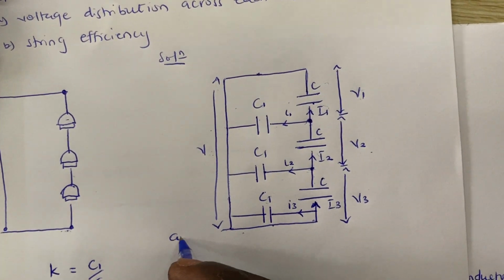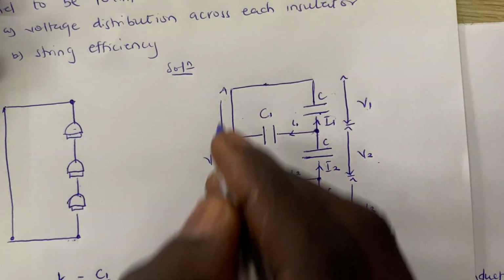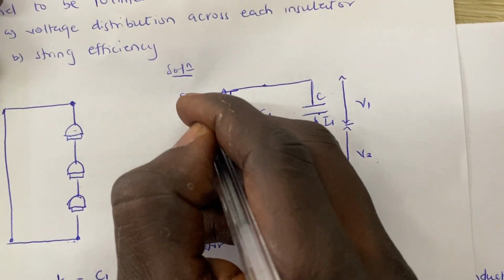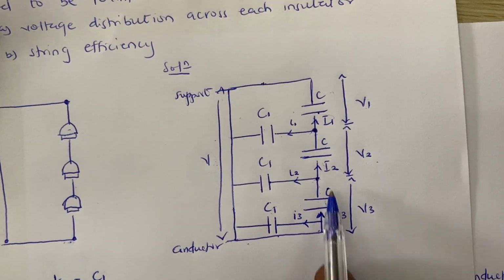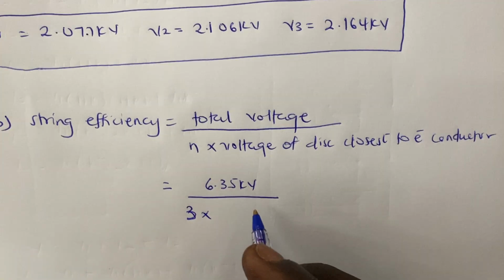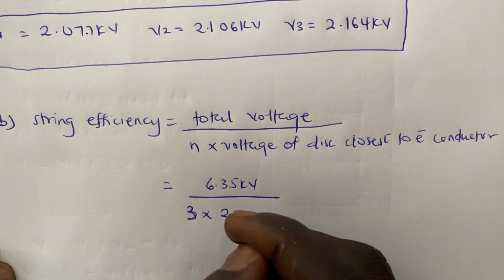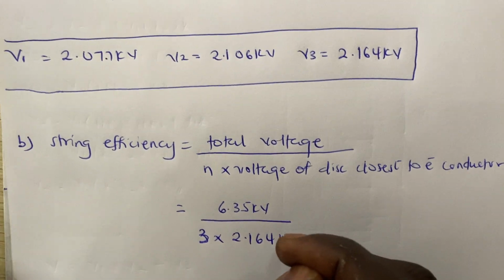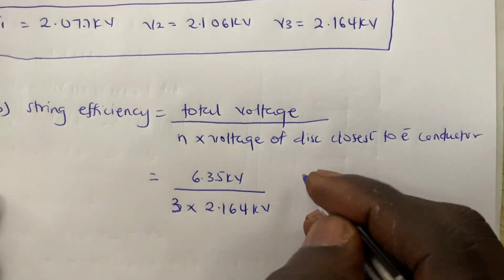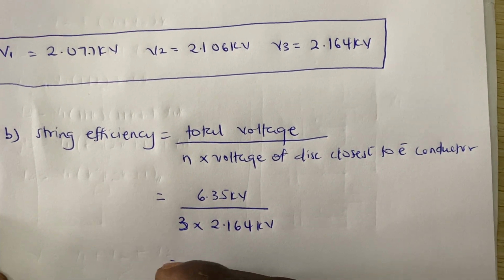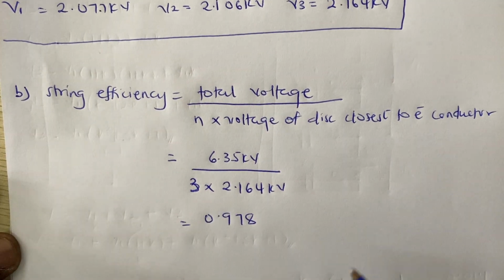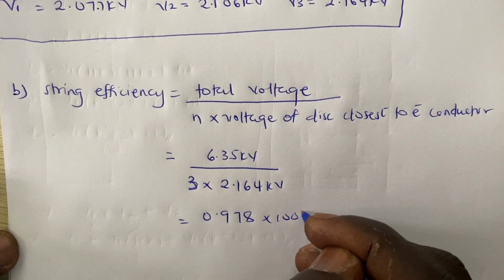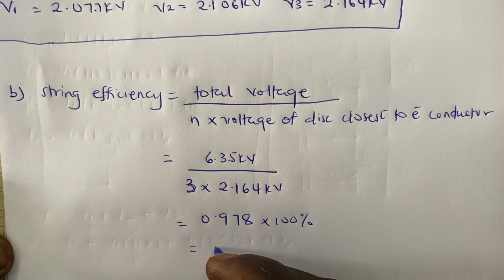So this is our conductor and this is our support, right? So the disc that is closest to it is this particular disc, and the voltage across this disc is V3, right? So it's going to be times V3, and we know that our V3 is 2.164 kilovolts, right? And this is going to give us 0.978, and of course it's efficiency we are finding, so times 100%, and now we are going to get